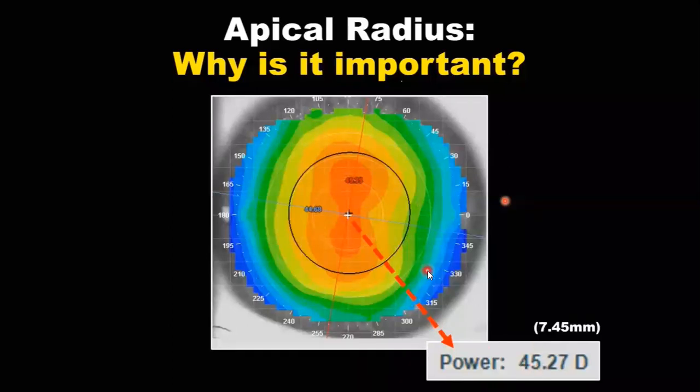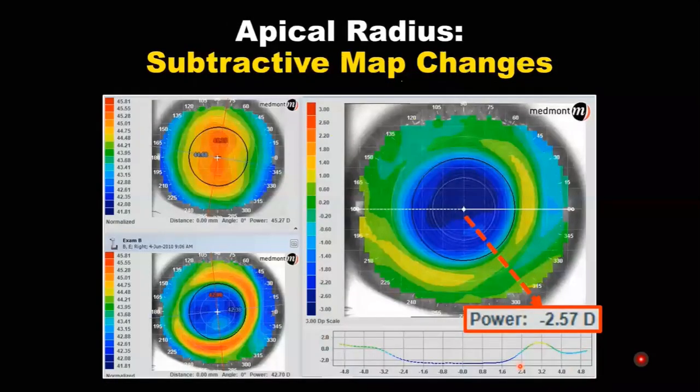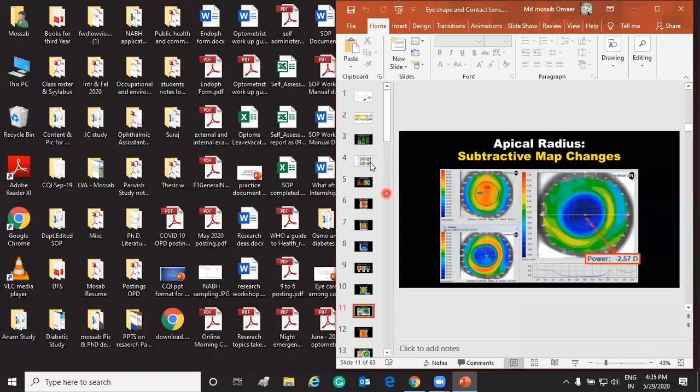So if that apical power is not very much different, not very much more or less than the previous reading, that suggests that this condition is not progressing. But if it has a very big difference, then it shows a kind of progression. So these two things are important in terms of apical radius. You just have to put a cursor and you will be able to know what the power is. And in the keratometry report, like in the Pentacam report, this area.